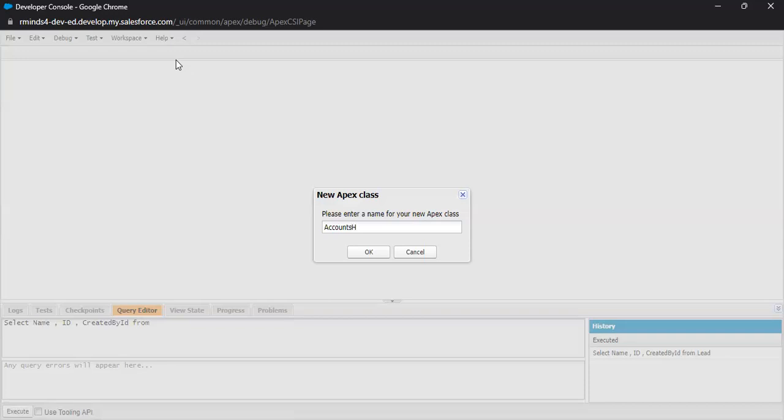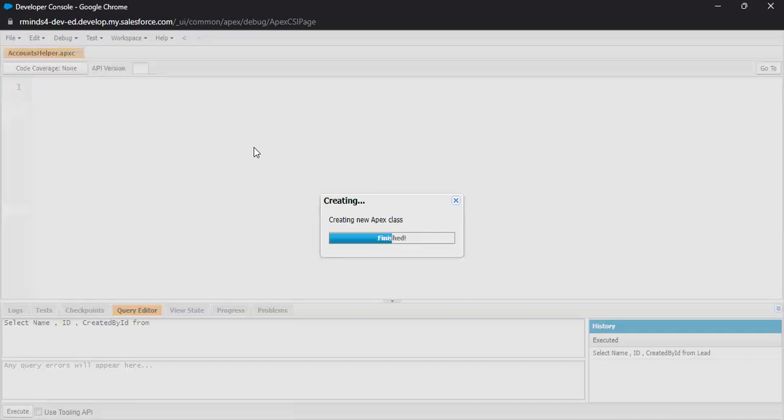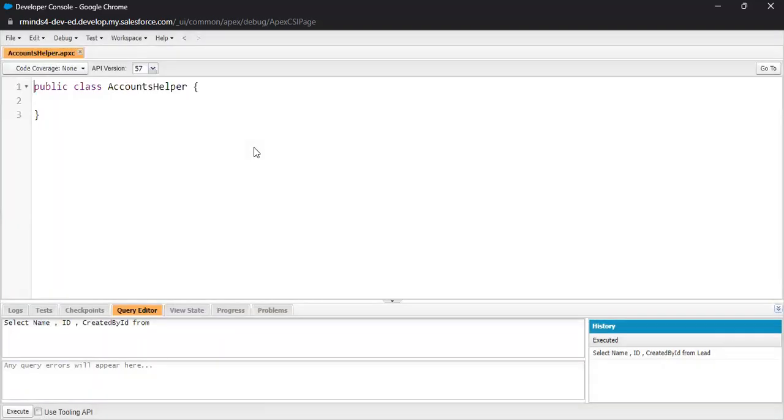I'm writing AccountsHelper as the class name. Click on OK. And this is how the skeleton will be prepared once we give the name. So let's write a small class with